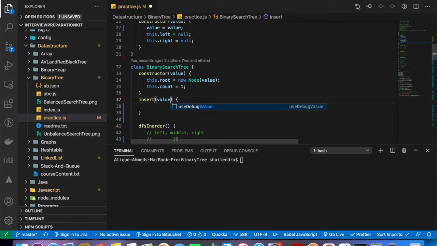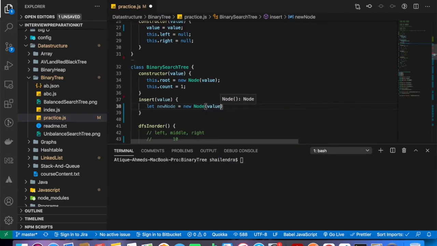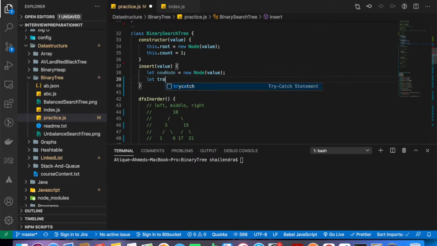First it will take a value, and we need to say let newNode is equal to new Node, which basically takes a value. So let's call a method, let traverse, of node.